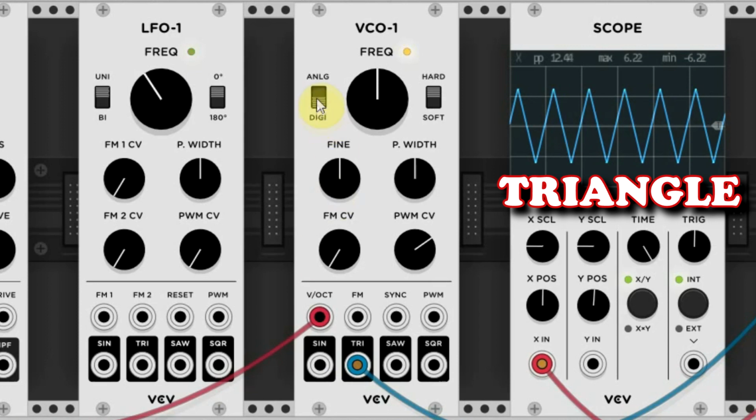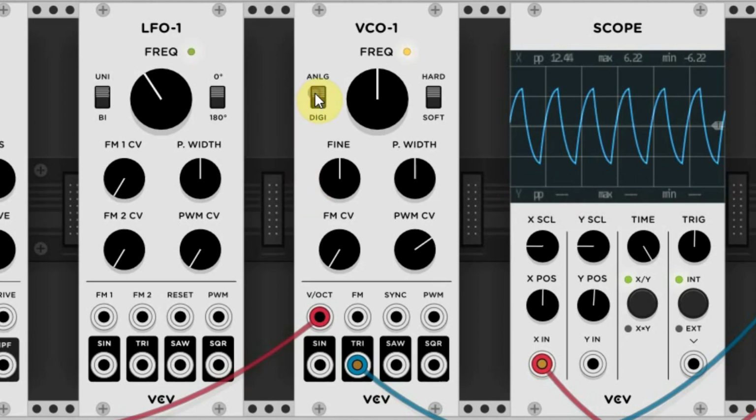You can also choose to have the digital or the analog version of the sound. You see, they look and sound a bit different. The analog modeled waveforms are the most used ones. They have more musical harmonics, they sound like the analog hardware modules. The digital waveform is mathematically perfect, which also can be used in some cases, like if you want to create